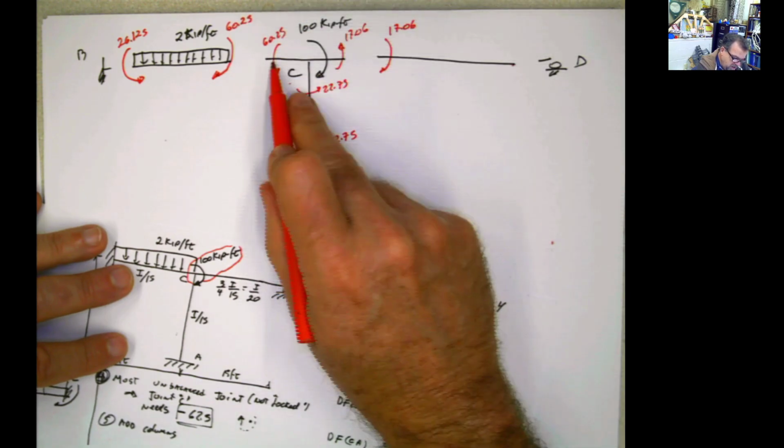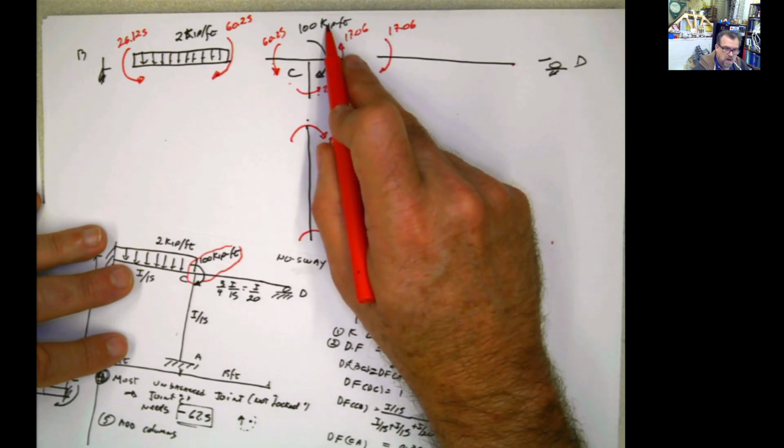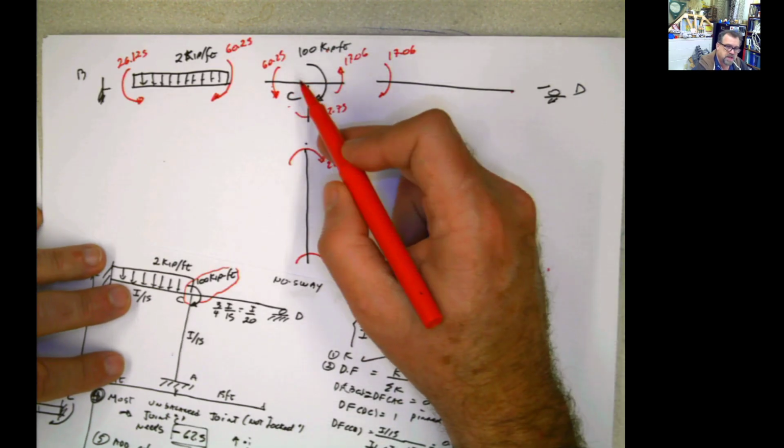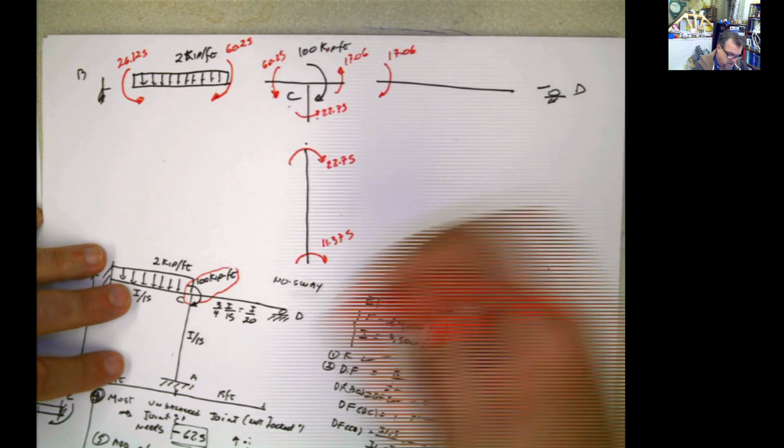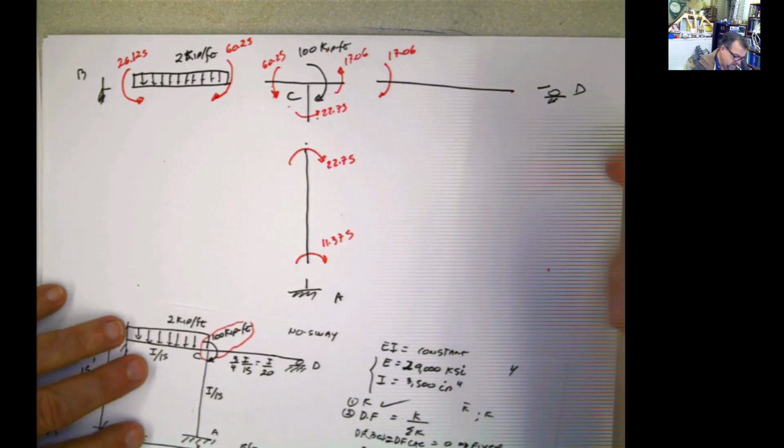Now if you add this plus that, that's gonna give you 100, or in other words, the joint is balanced, the summation of every single moment. What is the next step? Once we have all of the things that we have here, the next step is calculating